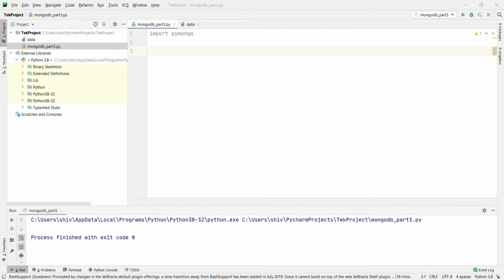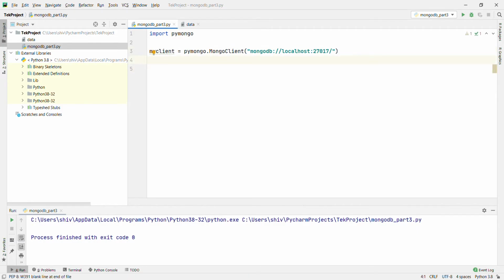After that, we are going to create the client: myclient equals pymongo.MongoClient, and we pass mongodb://localhost:27017/. After creating the client, we use the database: mydb equals myclient, and the database name is customerdb.